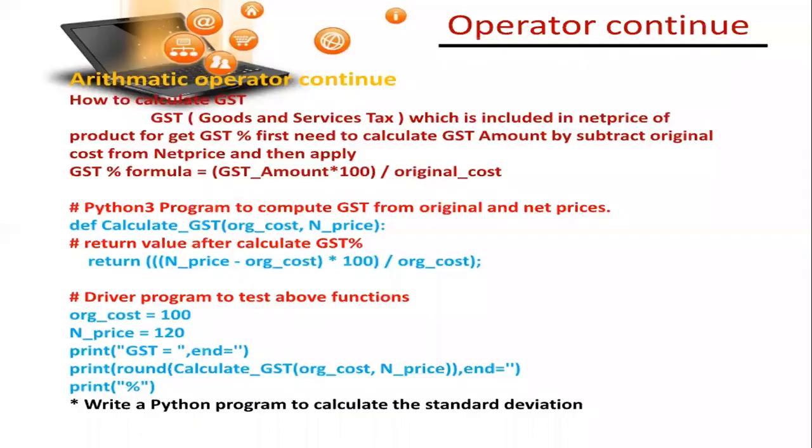So today I want you all to write a GST program in your script mode. How to calculate GST? I will tell you the formula. The GST formula is the GST amount multiplied by 100 divided by the original cost. I will do this one for you here, but after this, I am not even going to give you the formula. I'm only going to give you a list of programs that you all are going to do this weekend.